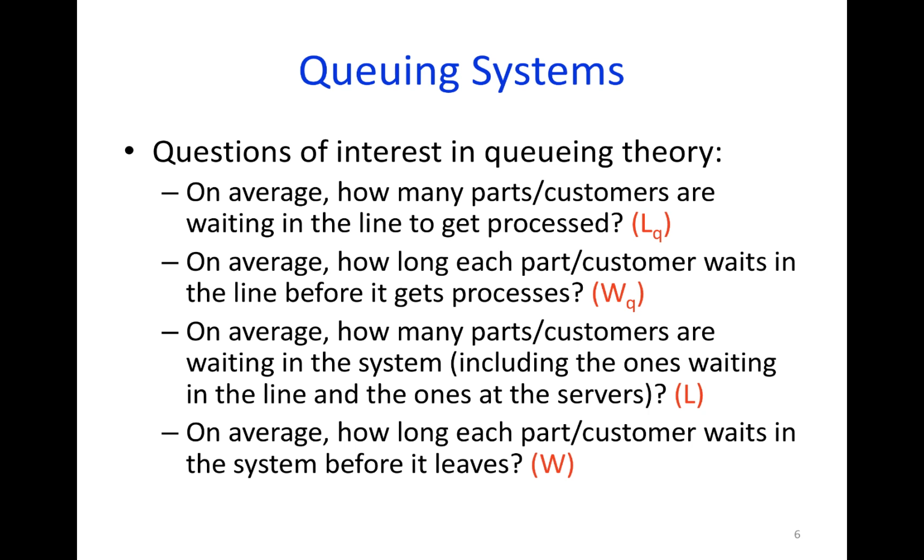And then if we try to answer how long these customers or parts stay in the system in total, the time that they stay in the queue and the time that they are getting processed, that's what we call W, the total waiting time. Okay, so these questions are answered in queuing theory with mathematical formulations for systems with a